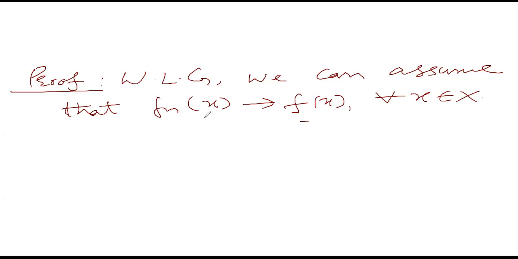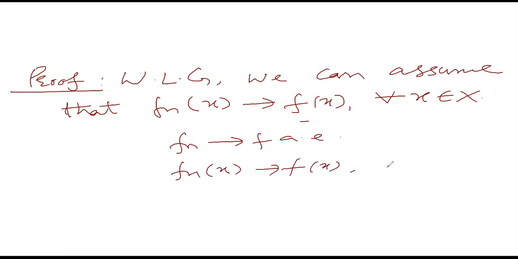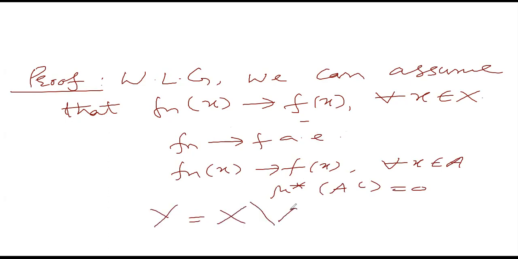Actually, here we are given that fn converges to f almost everywhere. So that means there is a set A such that fn of x converges to f of x for all x in A, and the measure of A complement is 0. Then we take the space Y equal to X minus A. When we take this space, Y is